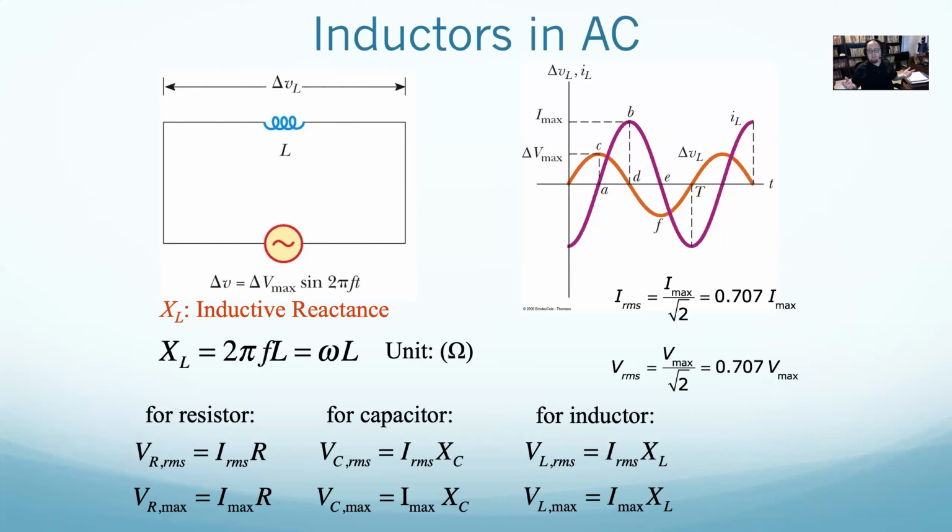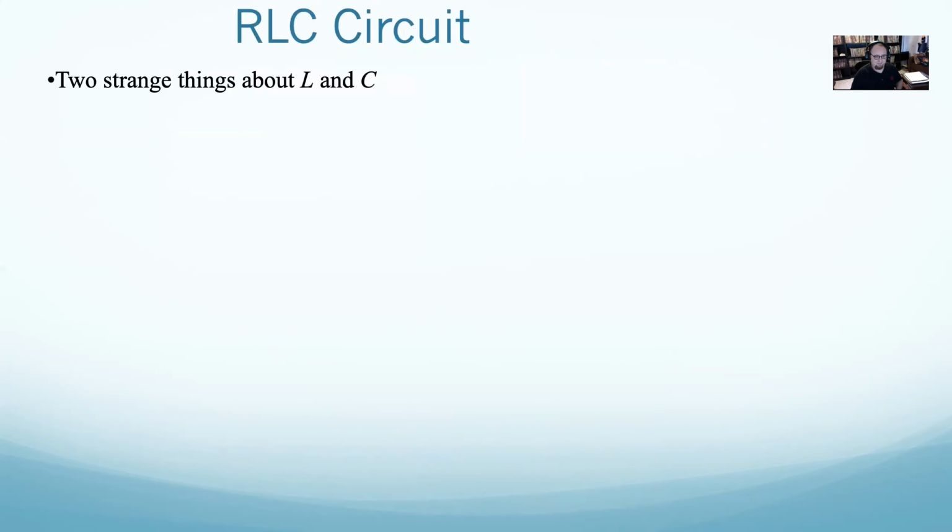Of course, just putting a resistor or just an inductor or just a capacitor is kind of boring and pointless. So what we've got to get into is what happens when we put all of this together and start creating circuits with resistors, inductors, and capacitors, and how that will affect an AC circuit. Because that's really what you're going to have to deal with when you get into circuitry. Circuits that have all of these things. And this starts the RLC circuit. Now,